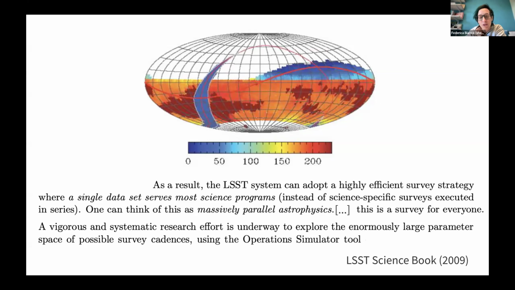But the intent was that LSST, quoting from the book, "the LSST system can adopt a highly efficient survey strategy where a single data set serves most science programs. One can think of this as massively parallel astrophysics, and this is a survey for everyone. A vigorous and systematic research effort is underway to explore the enormously large parameter space of possible survey cadence using the Operation Simulator tool." That process, which is described here as vigorous and systematic, is still ongoing and will continue